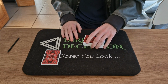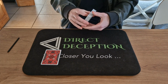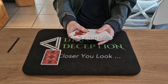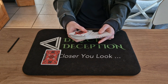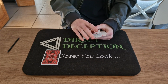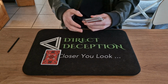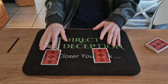Okay, so now we can pick up the deck, and when we go to remove their card, before we remove what we know their card is, the 2 of clubs, we're going to spread through the deck and just look for whatever 9 is missing. So we spread through the deck, we see the 9 of hearts, we see the 9 of diamonds, and we see the 9 of spades. So now we know that they removed the 9 of clubs. So now we continue spreading through the deck looking for their card, and remove the 2 of clubs. So now at this point you can remove the deck and focus on the 2 cards